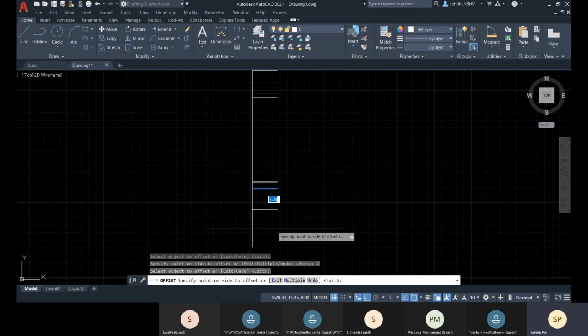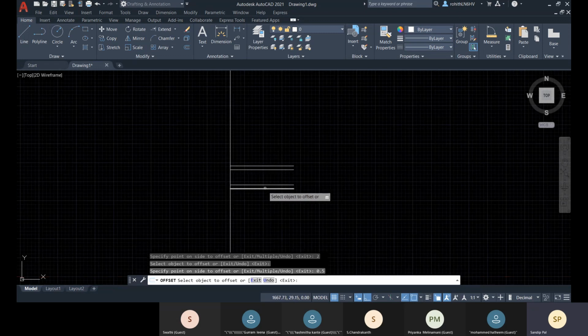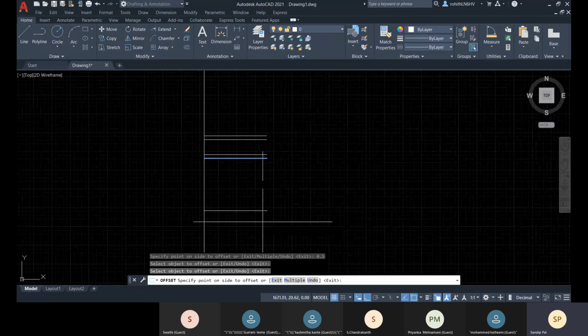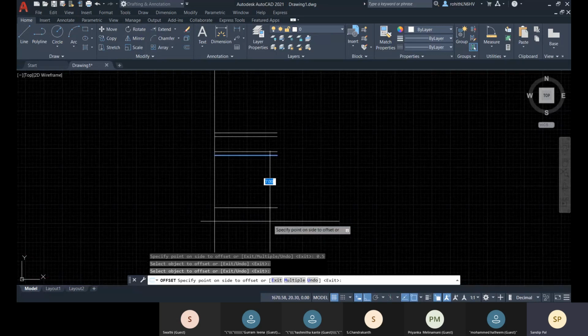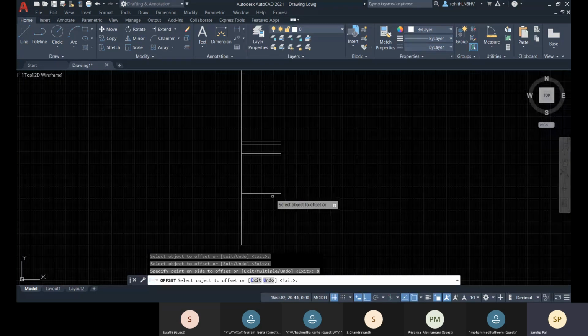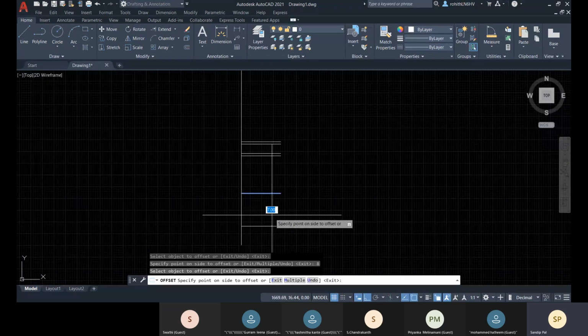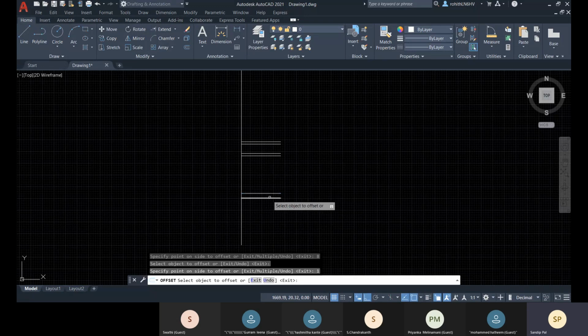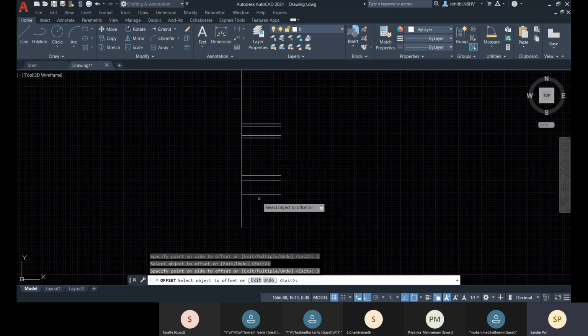I'll place my mouse and then give the value 0, and then select this object, specify the direction, and then 1, enter, 3, enter, and then the remaining will be same, 7.